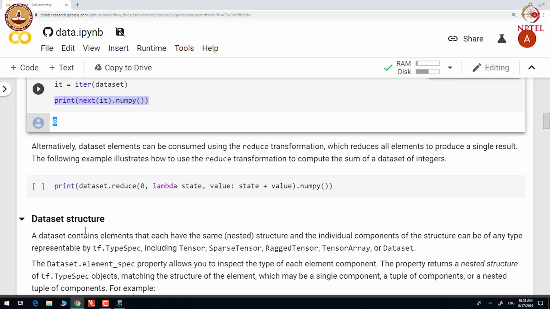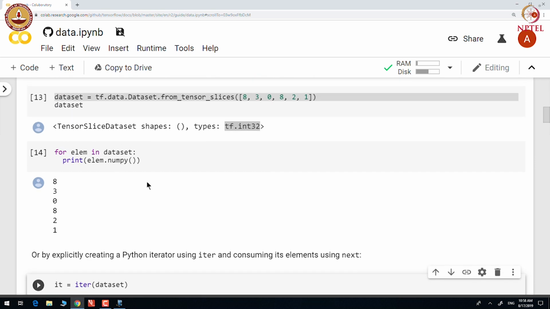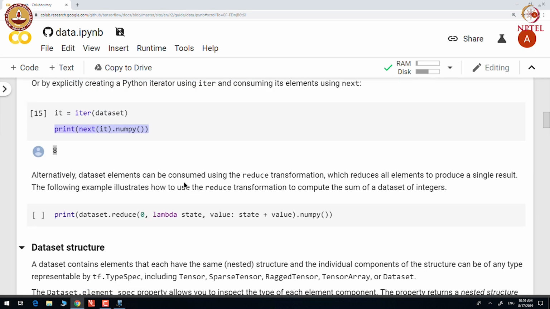So, let us try to use a reduce transformation that reduces all the elements to produce a single result. To take a concrete example, we take the data set that we constructed here and reduce it to its sum.